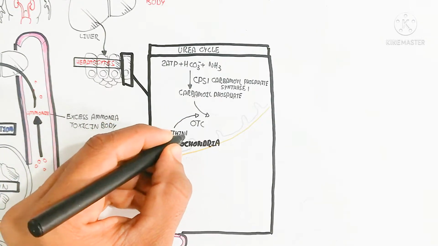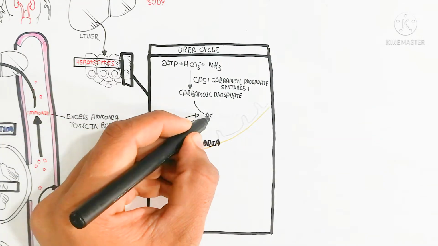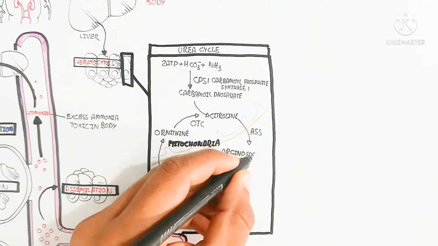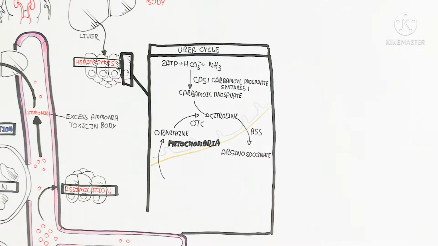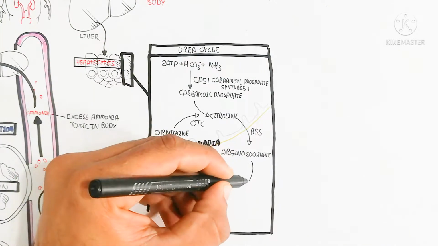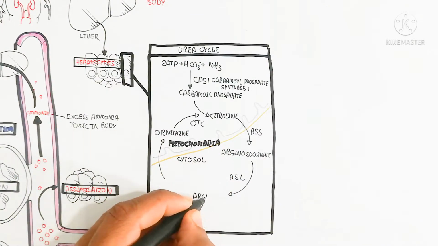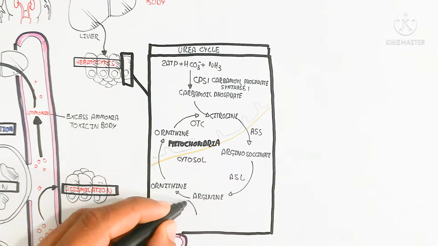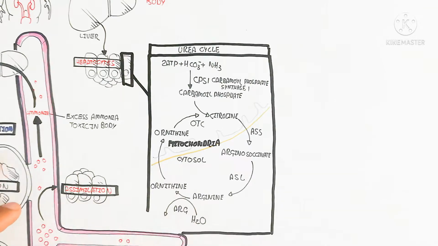This combines with ornithine to produce citrulline by the fixation of carbamoyl phosphate, and then argininosuccinate synthase and argininosuccinate lyase enzymes produce arginine,